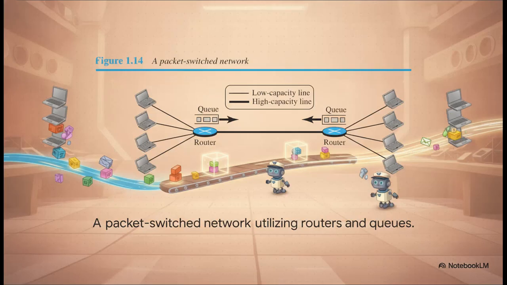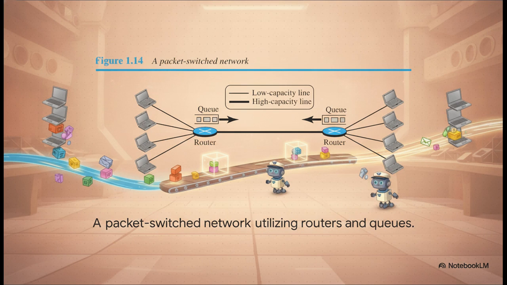Now contrast this heavily with packet switching, which, by the way, is the absolute foundation of modern computer networks. Here, communication isn't a continuous dedicated stream at all. Instead, the data is chopped up into small independent blocks called packets. Think of it like taking a plastic toy apart, putting every single individual piece into its own separate envelope, and mailing them all independently. Because each packet is an independent entity, switches and routers can function using a method called